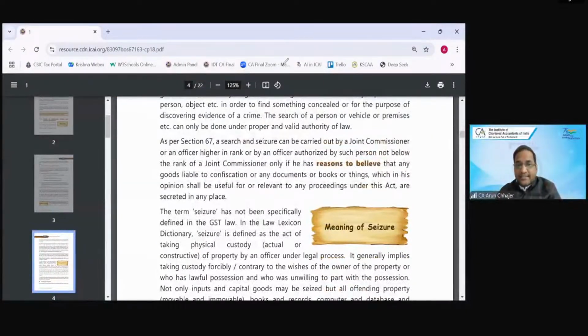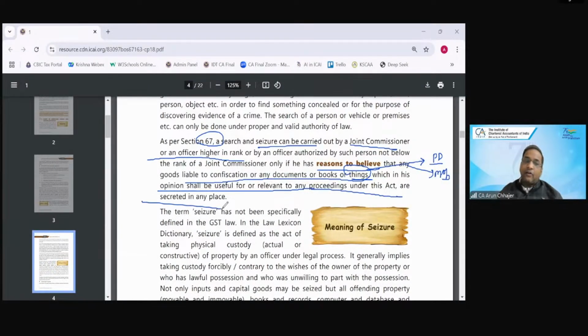As per Section 67, search and seizure can be carried out by the Joint Commissioner or the officer higher in the rank, or by an officer authorized by such person not below the rank of the Joint Commissioner, only if he has reason to believe that any goods liable to be confiscated, document, books or things, which in his opinion shall be useful for or relevant for any proceeding under the Act, or secreted in any place. Matlab, if there is any pen drive, can they seize the pen drive also? Can they seize the mobile also? Answer is just because they've used our things,